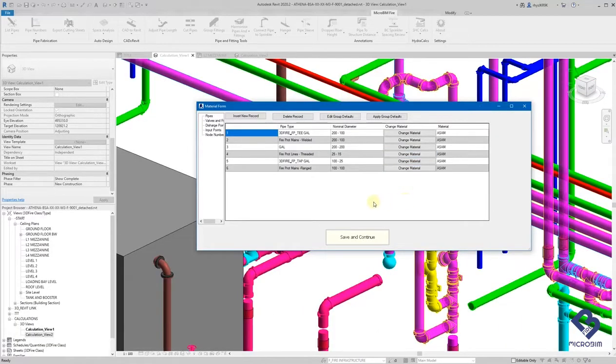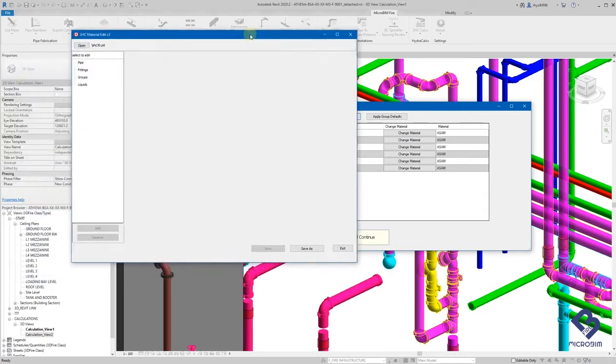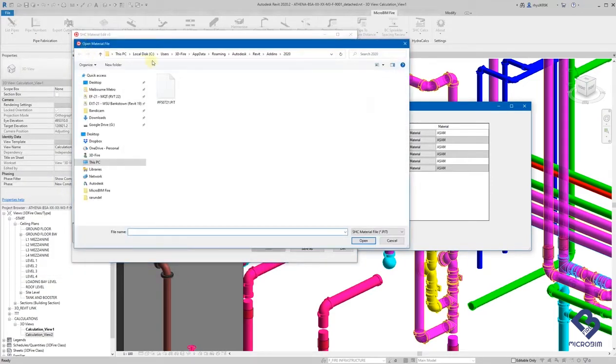The first portion of the window is prompting us to map the material type for our pipes. We need to first select the Edit Group Defaults. We need to map to a new file. This file is located here within the Autodesk add-ins in the app data. We open this file,